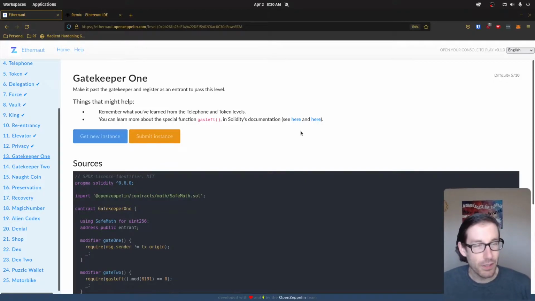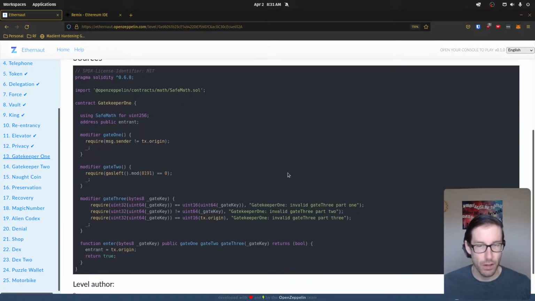Now, this is called Gatekeeper, and this is Gatekeeper 1. So there's Gatekeeper 2, which we've obviously not done yet. And Gatekeeper 1 basically states: make it past the Gatekeeper and register as an entrant to pass the level. Remember what you've learned from Telephone and Token levels, and you can learn more about special functions such as gas left in Solidity's documentation. Those are our tips. This is our challenge. Now here is our code base,